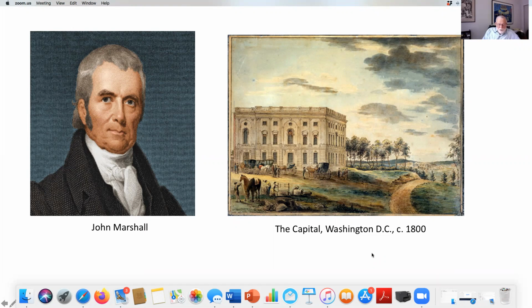Marshall, by the way, and Thomas Jefferson were first cousins, but they were not on good terms. There were substantial political differences, and there was a lot of personal animosity between them. Marshall had been very active during the Revolutionary War and had served in the Continental Army and participated in a number of battles. Jefferson was never in the Army, did not serve during the Revolution, and he was governor of